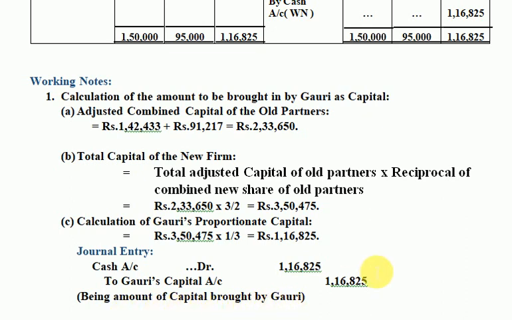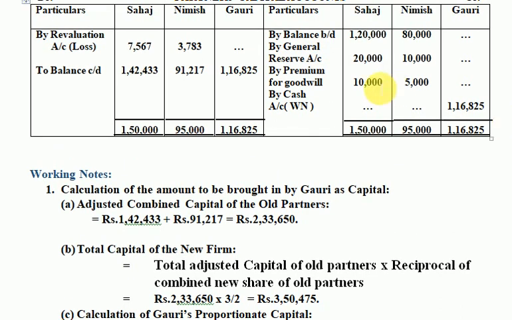And since this amount is arrived now, we have to put it at the right place. And where is the right place to write this amount? Here is the right place. By cash 1,16,825. Then write the total, the same amount, put it on the debit side total, and also fill the gap here for balance c/d, 1,16,825. This step to calculate the capital not given in the question for the new partner is called proportionate capital